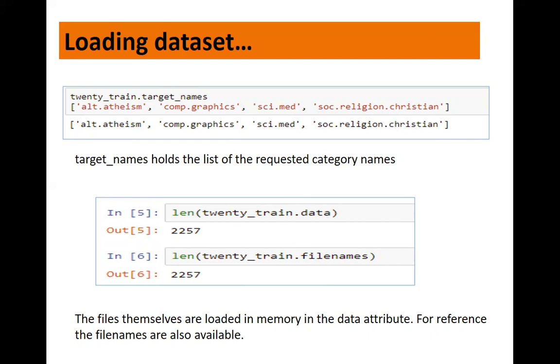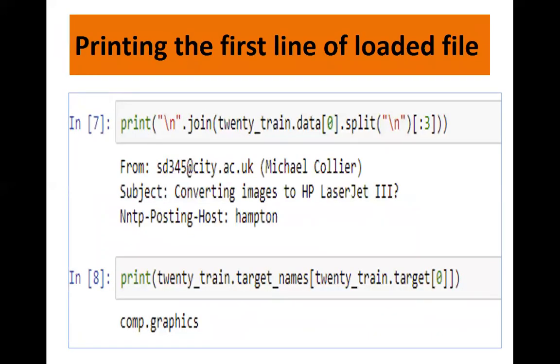Now let's first check what my data set contains, right? So let's first print the first line of my training data set, right? So here I'm saying train data, the first set, that is 0th index, right? And I'm printing the 3 columns in it. So this is what it will print, what my first line of the data set contains, right? And this is the data. And if I want to see what is the category associated, what is the class label associated with the data, so I can even say 20 train dot target names, right? Again, of the first record, 0th index. So what is it printing? It is printing computer graphics.